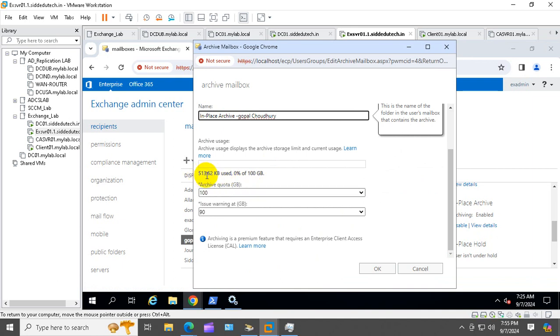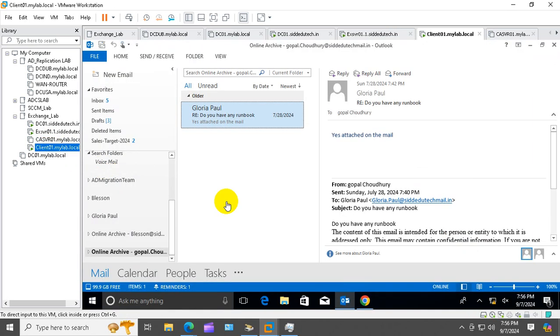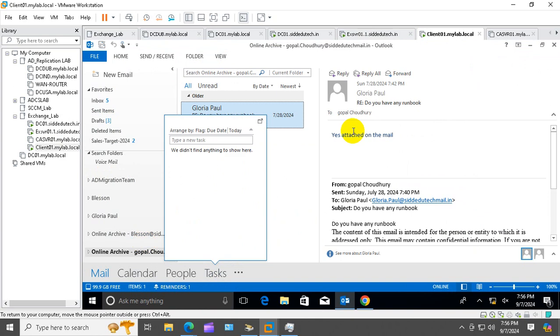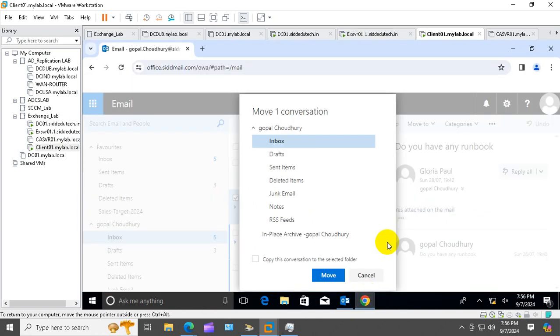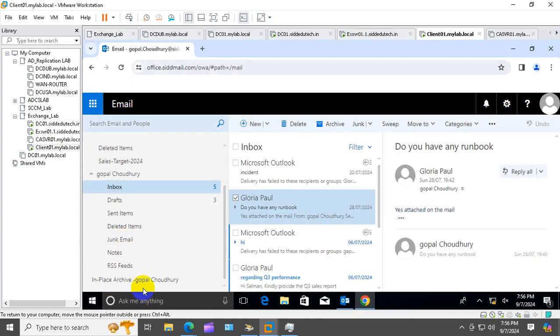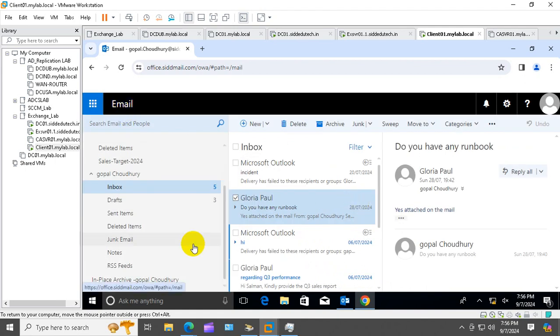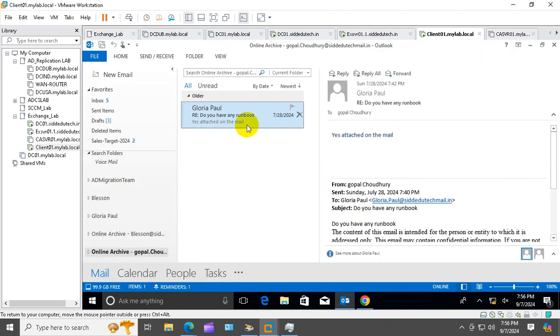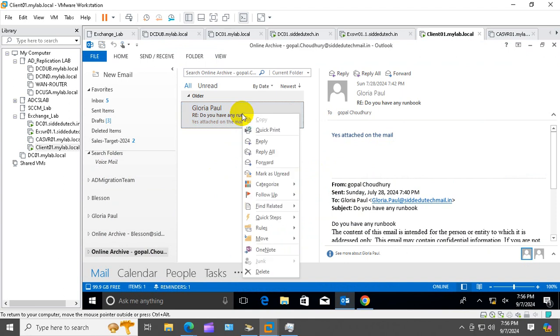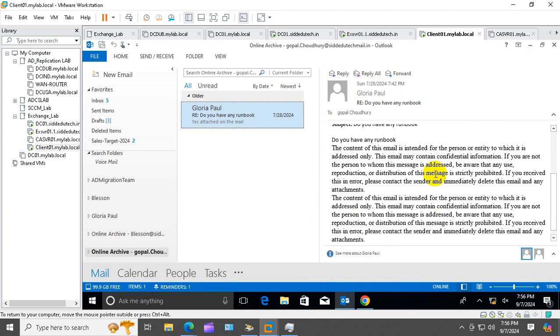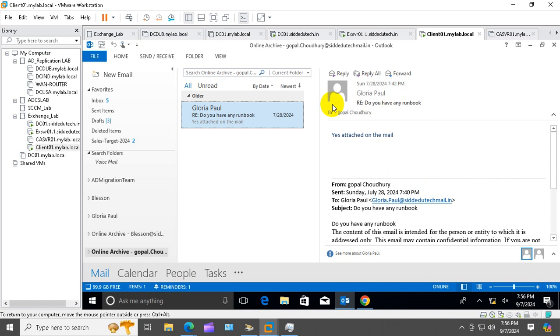see that 5136.2 KB used out of 100 GB. So as you have moved that file, you remember, as you have moved one file here, it will count here. So it will be here for how many days? For a long time. See that size of mail. How much size? Approximately